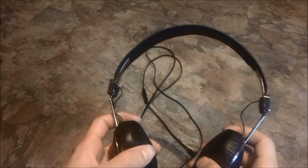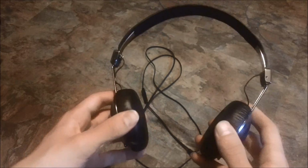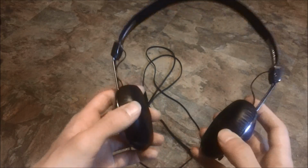You can't really ignore them. They're not soft at all. I don't really know how else to put it. These are relatively well-balanced headphones. I like them. When I first got them, I couldn't stop using them, and they're probably the only headphones that